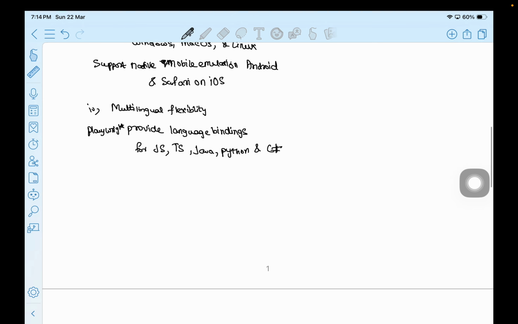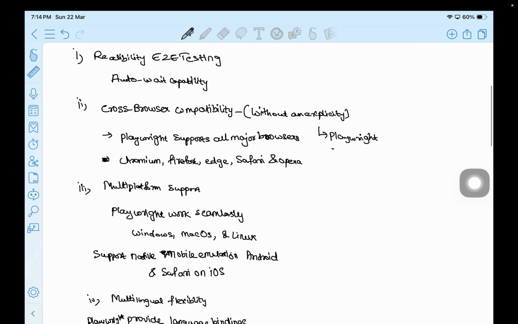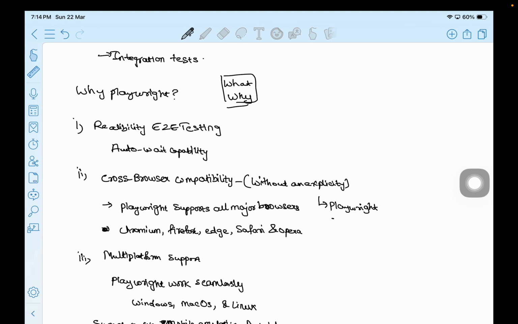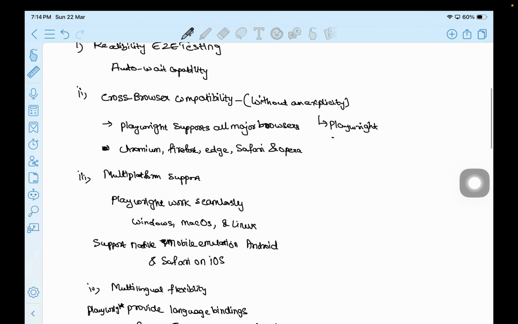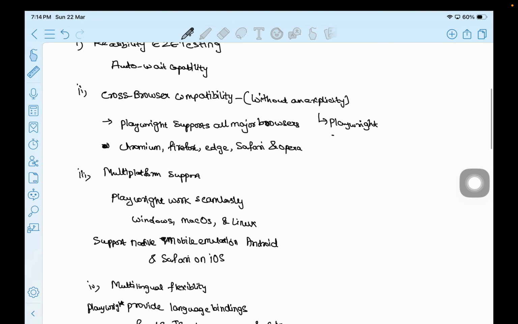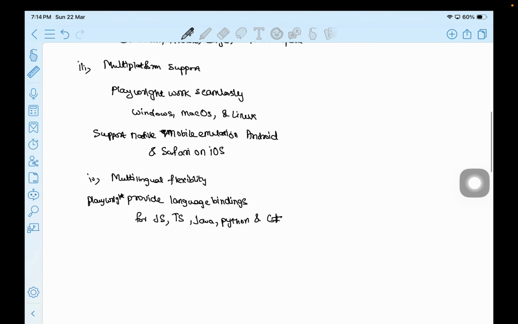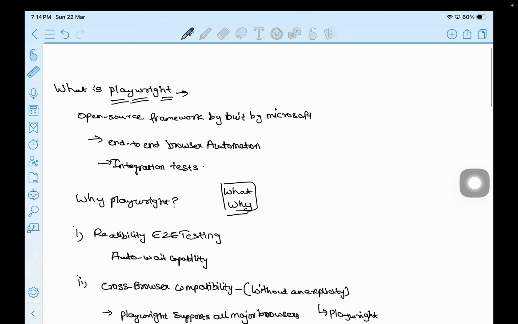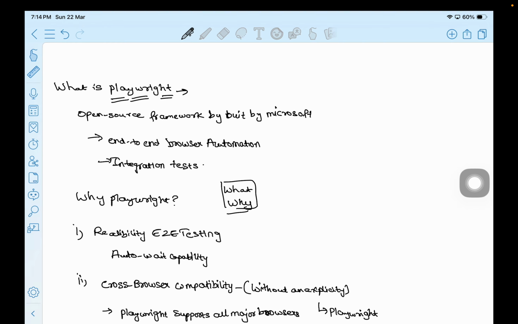These are the core features which I just wanted to point out in this video. Just a quick recap: it provides reliability, compatibility, multi-platform support, and multilingual flexibility. And whenever you get an interview question, what is Playwright? It's an open source framework which is built by Microsoft. You can also mention that Playwright is a powerful end-to-end testing framework